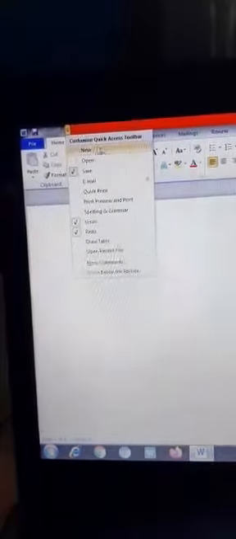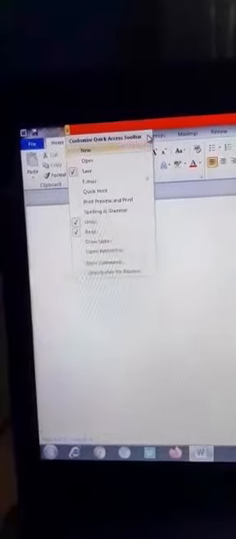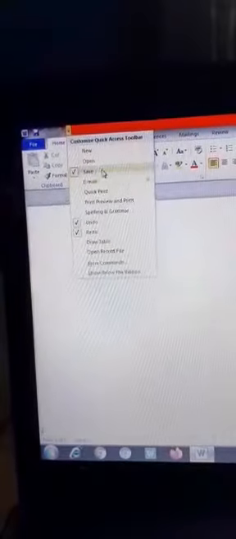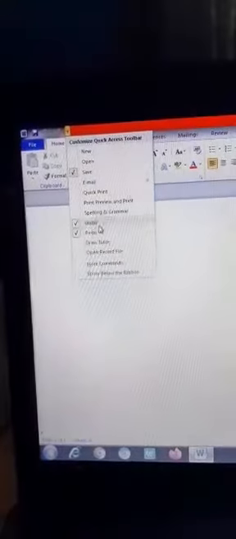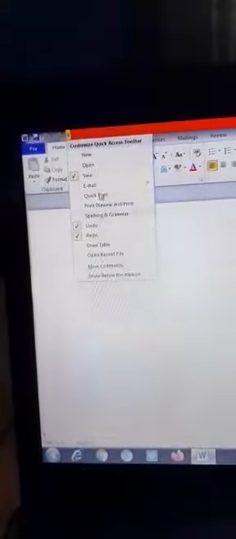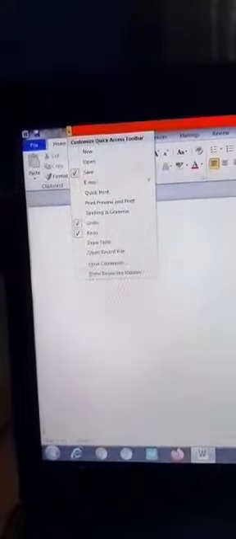Here you can see the quick access toolbar. In this you have the save button, the undo button, then you have redo. Redo means repeat your command. All these are in your quick access toolbar. You can see this small arrow here. This is your quick access toolbar.